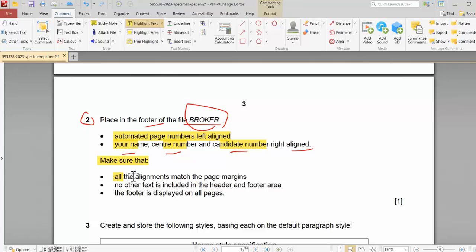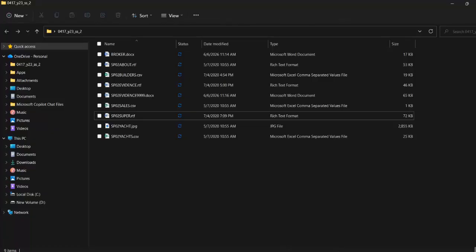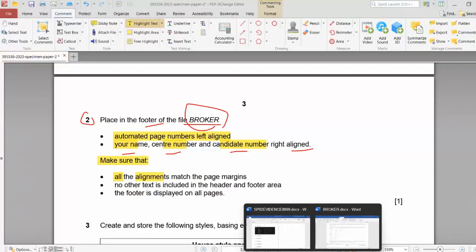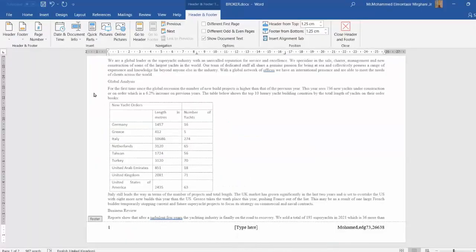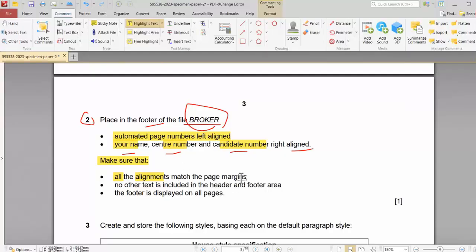And after that the examiner said make sure, and I have to take care of this, make sure all the alignment match the page number. That's why I told you at the first of the lesson to show the ruler, because the ruler shows you that you are inside the margin, everything horizontally and vertically inside the margin. So this is what the examiner means by margin alignment, and he says no other text included in the header or